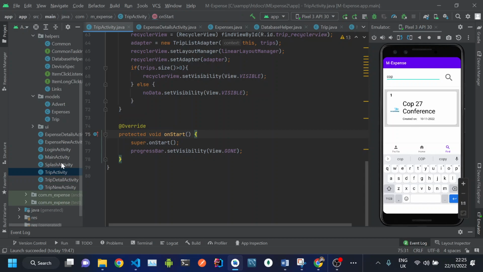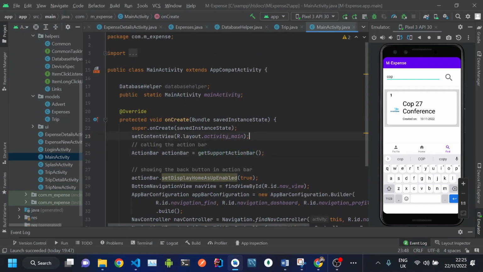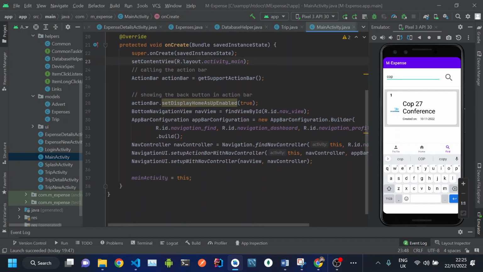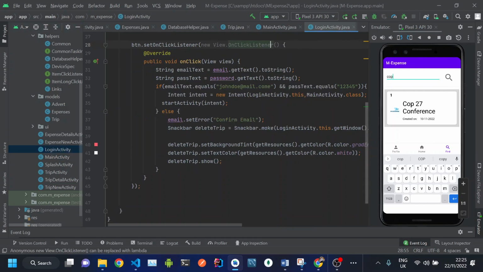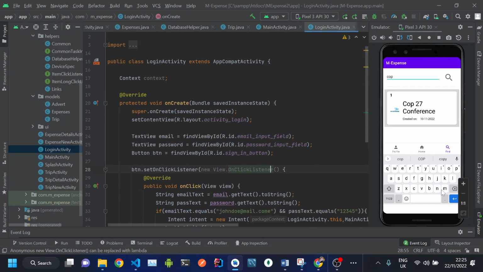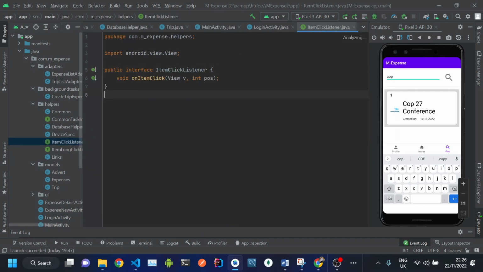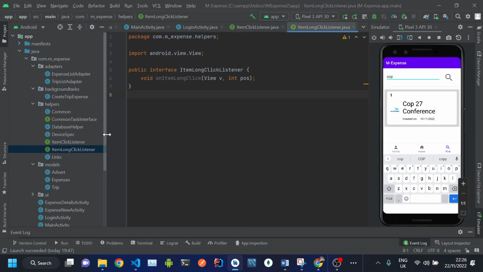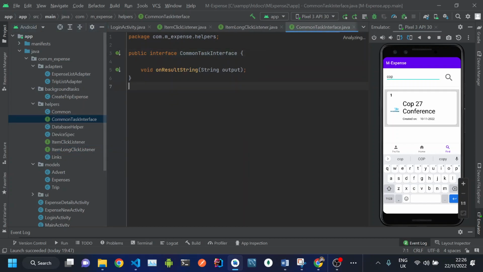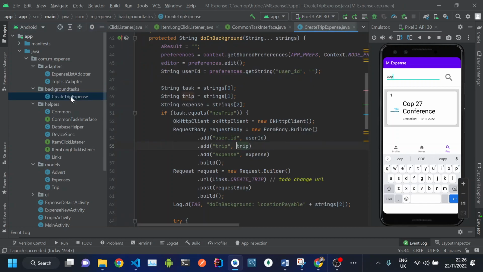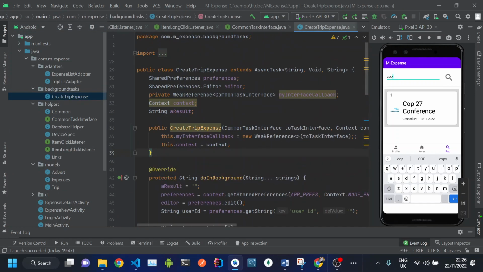So inside the whole, you have the main activity, which is extensive view, and then you have one create view. So we have this navigation, button navigation, but then we have the login. I think I showed this one before. We have the search, as we have the listeners, the events which happen when an activity is clicked, the item view. So these just help us to be able to command task interface. And then this is the background. This is for